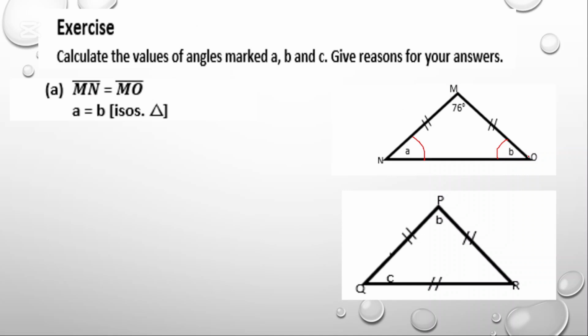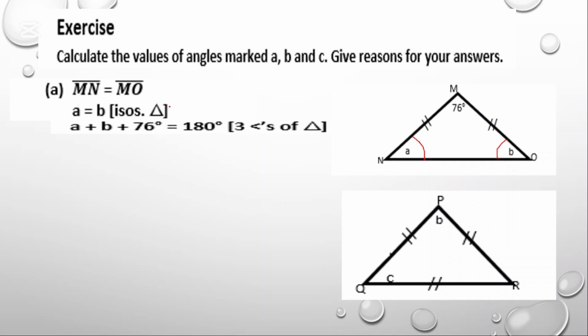Oh, look, this is given to you. Right, given. It's marked the same. For that reason, A is equal to B. Why? Isosceles triangle. So in the next step,